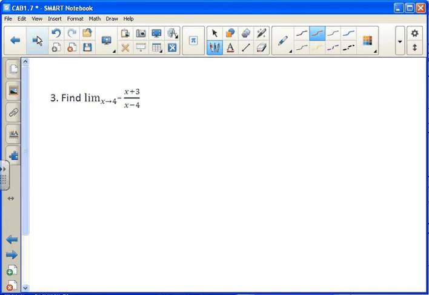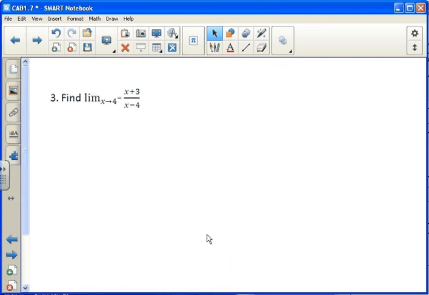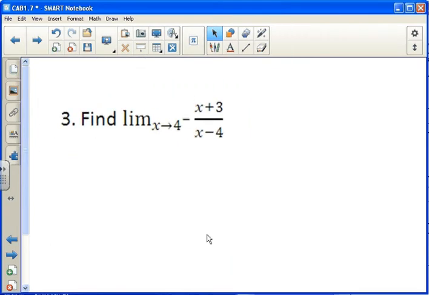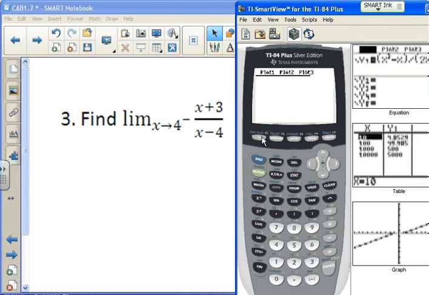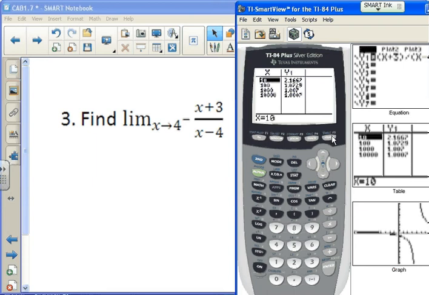So here we have a one-sided limit, x approaches 4 from the left. I would just recommend you do this in the calculator. I'm going to make this a little bigger just in case you can't see. There we go. So we will plug this in. Make sure you put the numerator and the denominator in parentheses. And we want to approach 4 from the left, so we need to think of what numbers would be just to the left of 4. That would be 3.9,